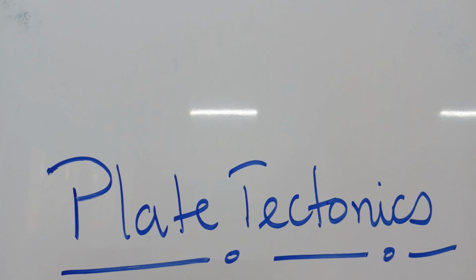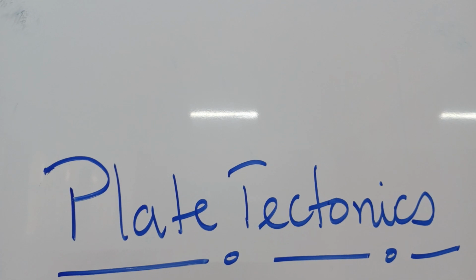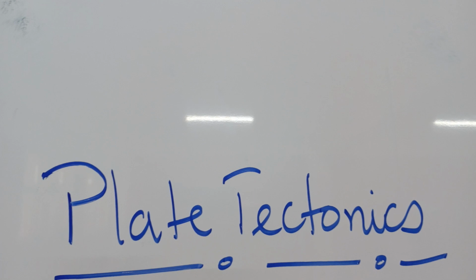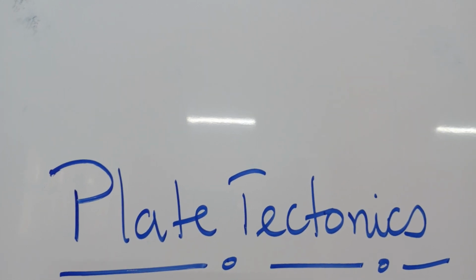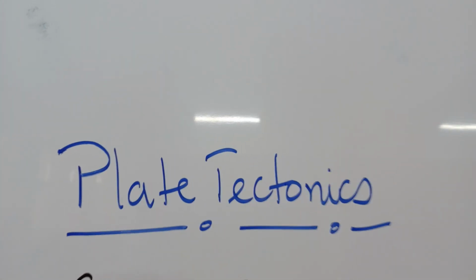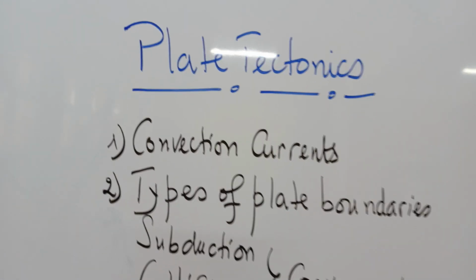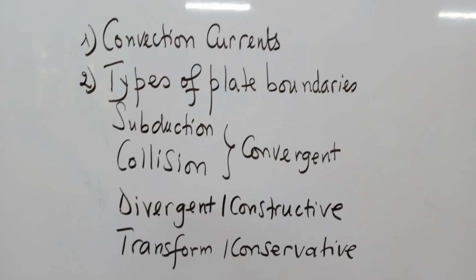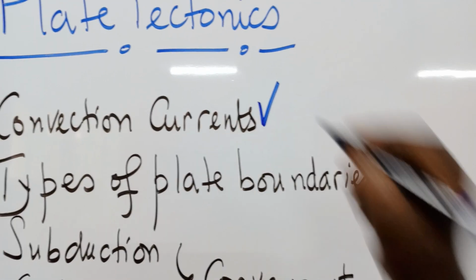Plate tectonics. In simple terms, plate tectonics refers to the theory that tries to explain how the Earth is made of many plates that keep on moving above the mantle, above the magma. So for us to understand plate tectonics, we need to understand convectional currents and types of plate boundaries according to how they move. So, starting from convectional currents,